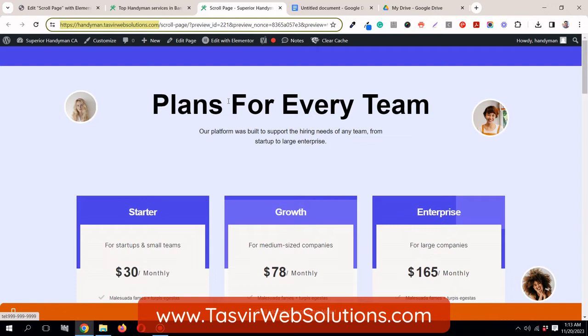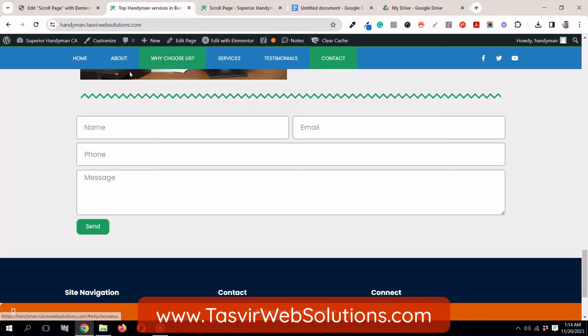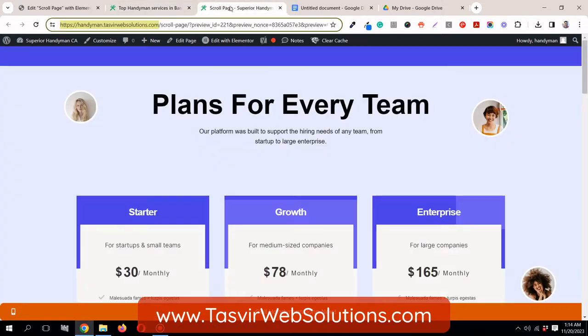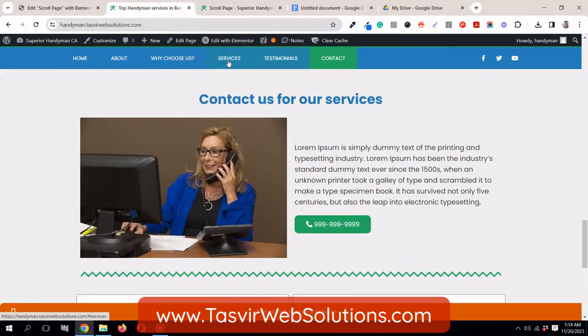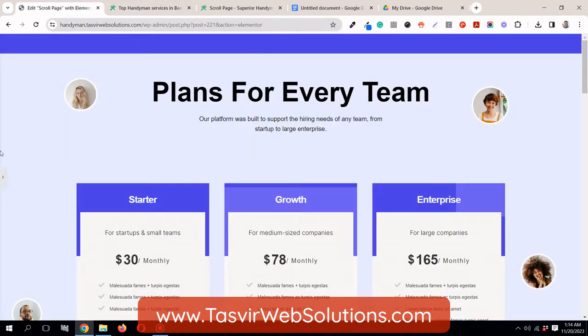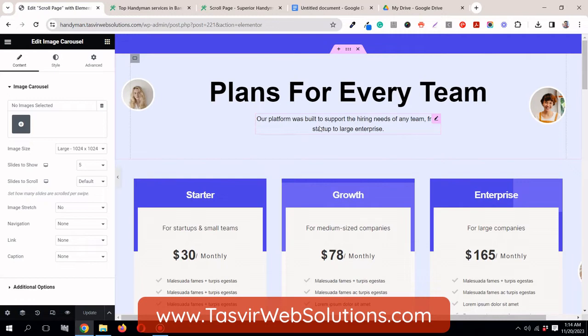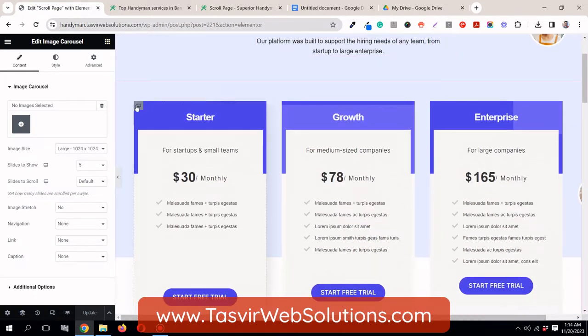Okay, so we will be adding a navigation menu like this over here that will allow a user to go to different sections just like this over here. Okay, so let's get started. So this over here, this is a page made with Elementor, and